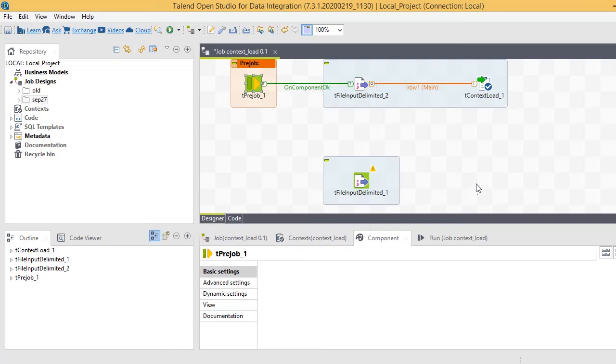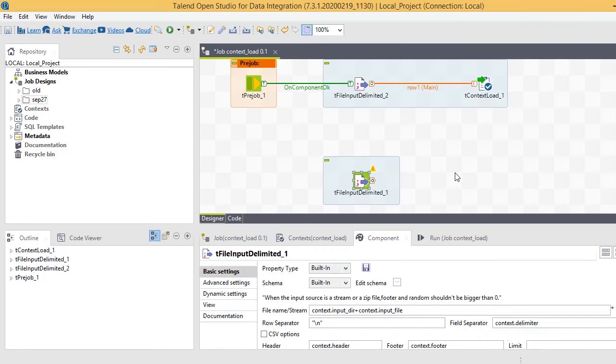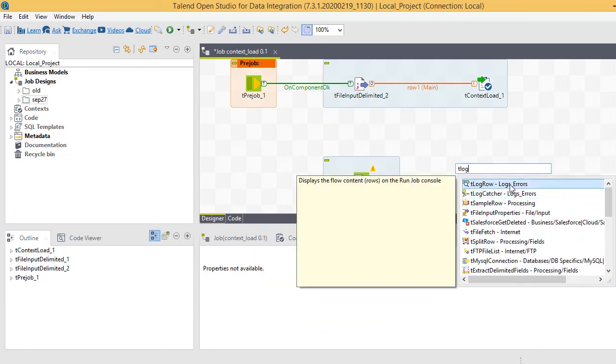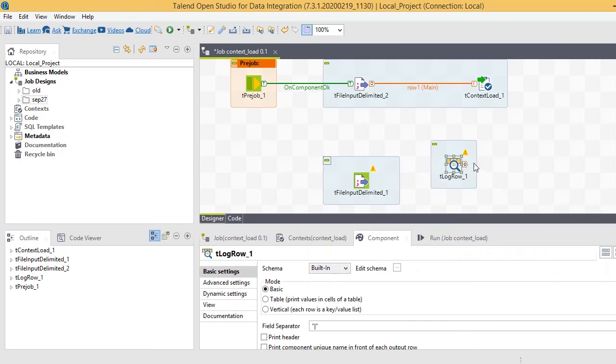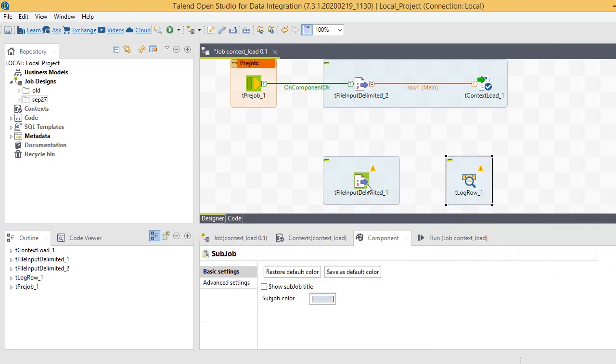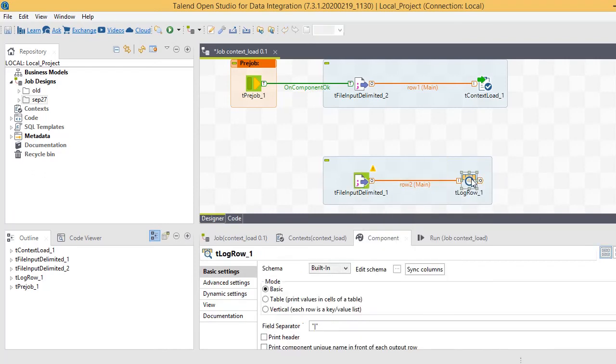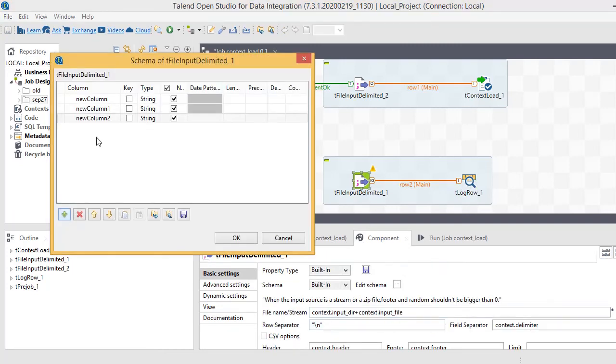To read the data file, we are using tFileInputDelimited, and let's print that to the console using tLogRow. First name, last name, age.